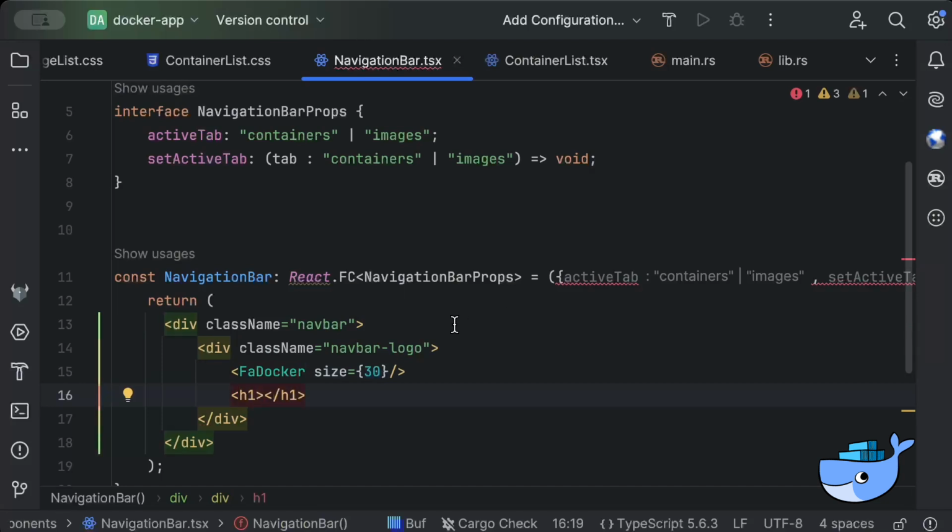So here the name, let's say I name this as Docker Manager,